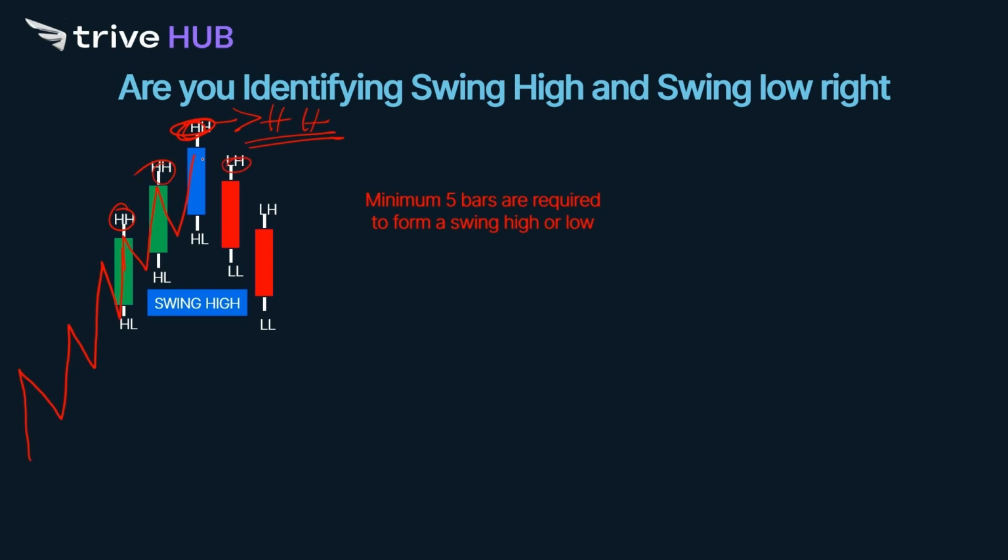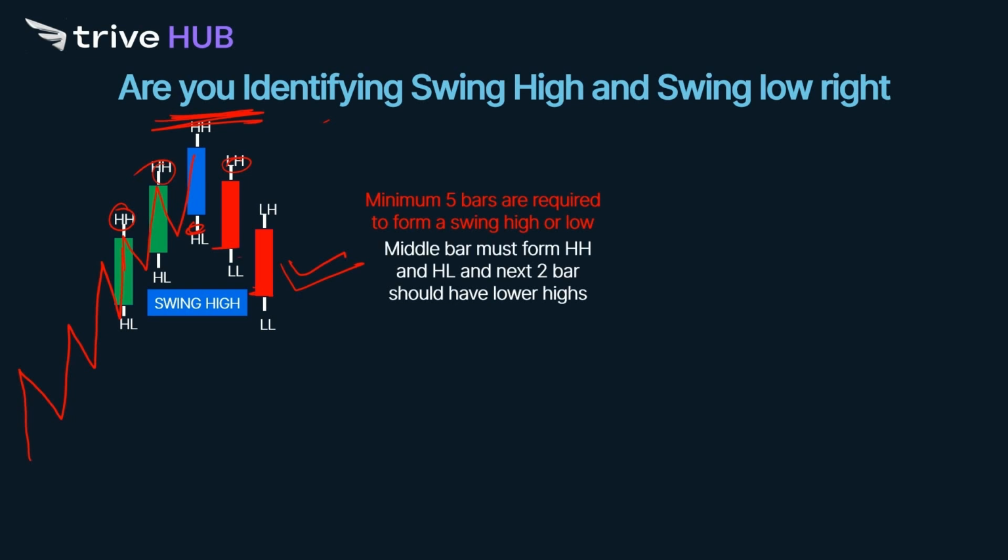So these 2 bars should not cross. These 2 bars' highs should not cross the highest high bar, okay, and they should close below the highest high bar, 2 bars at least. So then you can mark this particular high as a swing high. If this structure is complete, then this is a very reliable swing high. You can see the middle bar must form a higher high and higher low, meaning the uptrend has continued till now, and the next 2 bars should have lower highs, meaning these highs should not be moving above this higher high